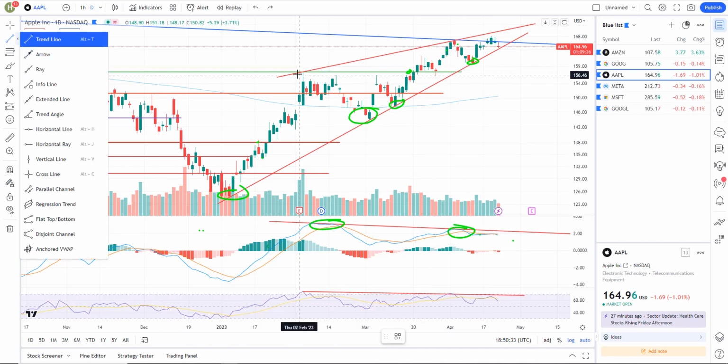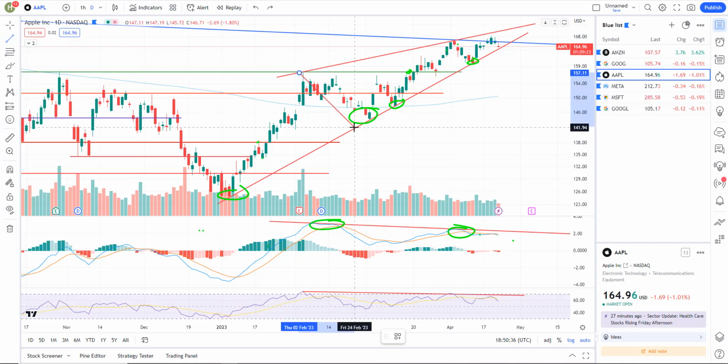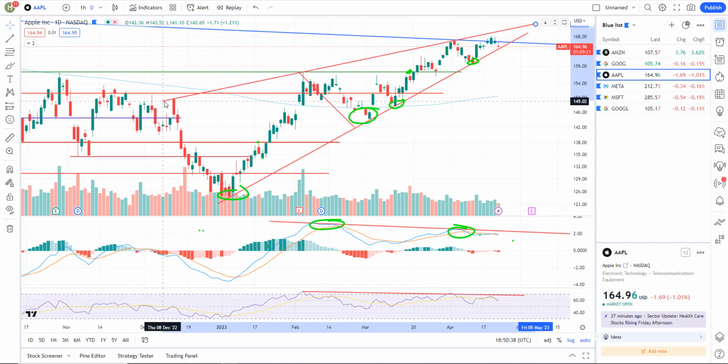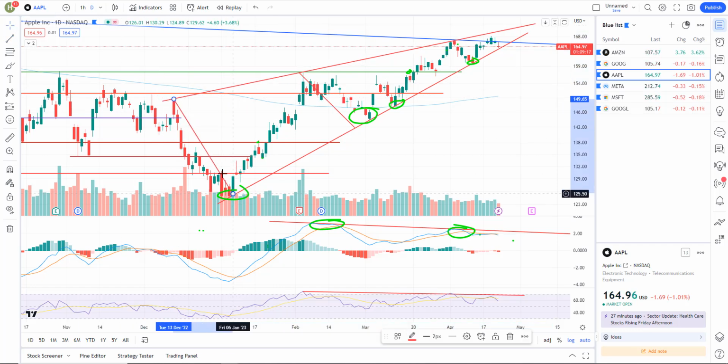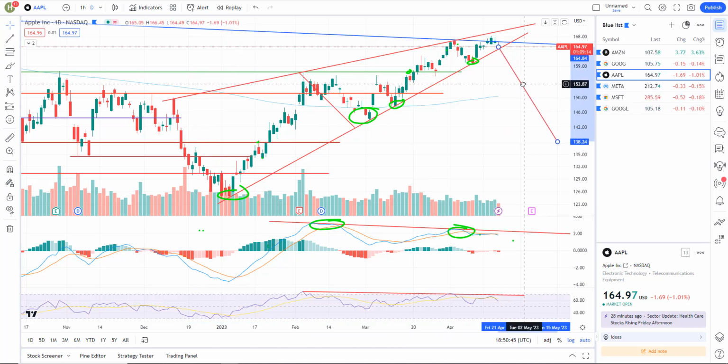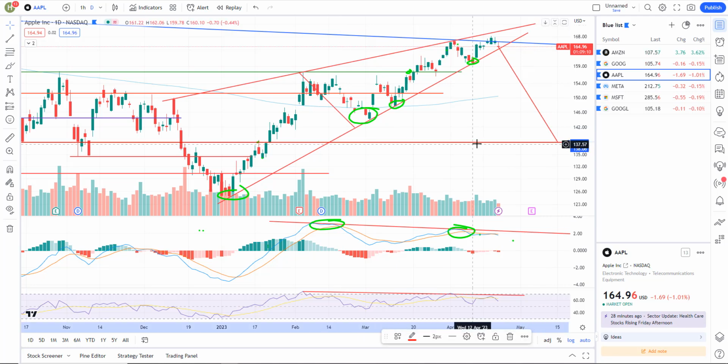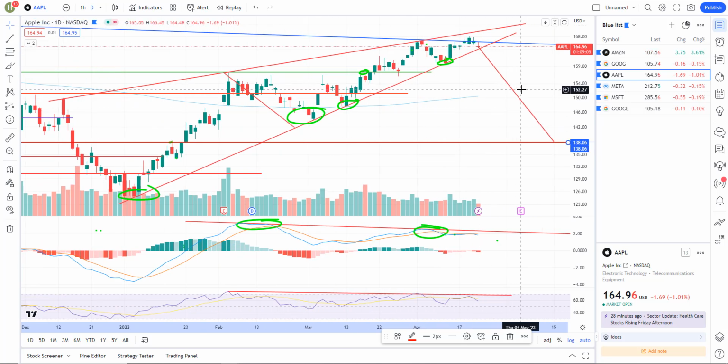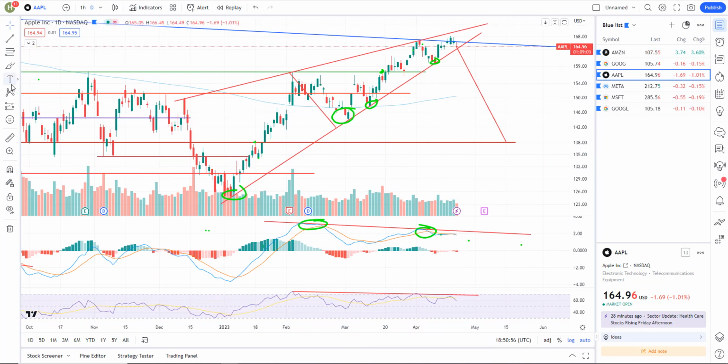So we should break to the downside. The wedge does extend out. Sorry, I didn't have it marked. So here, the largest part of the wedge is really right there, and that sets us up for a move. Right there would be the measured target of about 138. That's the measured target of a breakdown of this wedge, and I do think that's very likely. From where we're at right now, that is a drop of about 16% or so. That's what I'm expecting in Apple, at least in the near term.